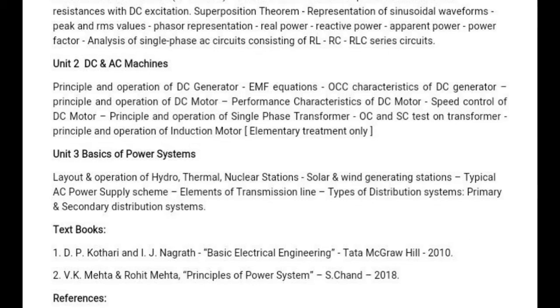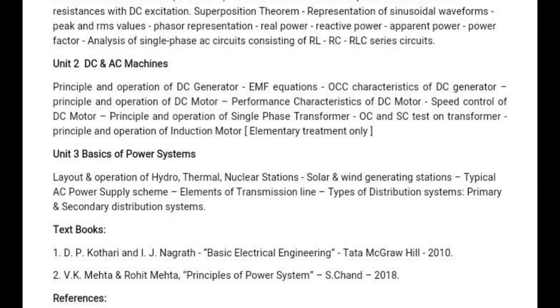Basically, what is the diagram of a single phase induction motor or three phase induction motor? Stator and rotor. The stator consists of a three phase distributed winding, whereas the rotor consists of copper bars in the rotor. This is about the basics only. The diagram is important for the single phase induction motor.